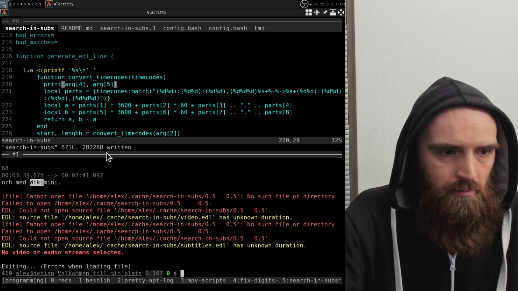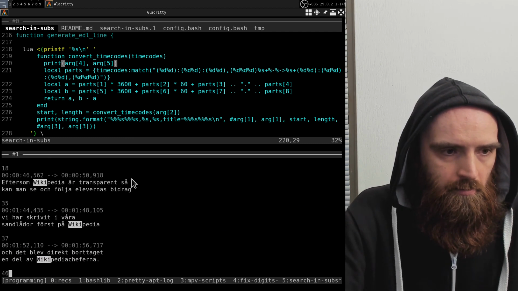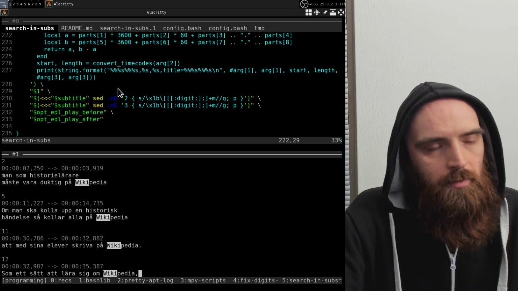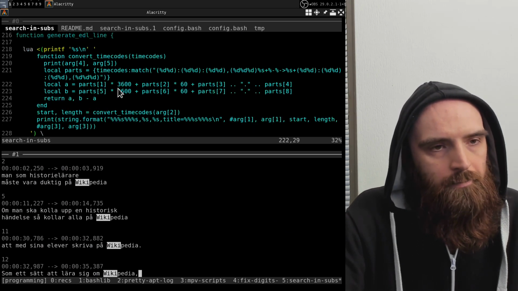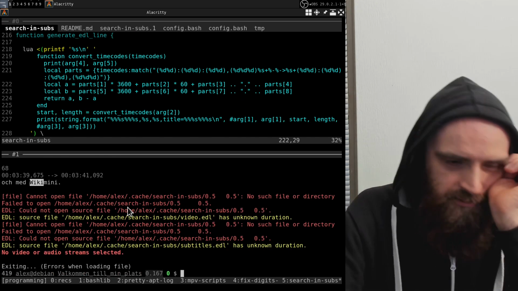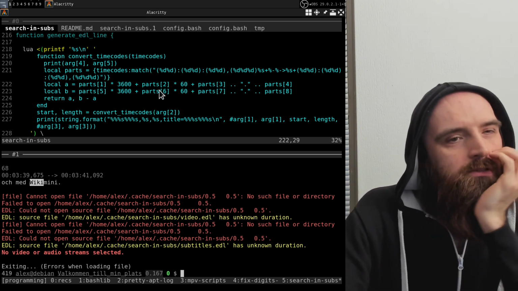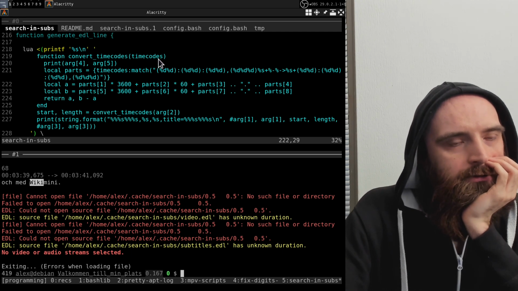Print. Oh, now, okay, but that gets printed into the, like I'm not gonna get any output this way. But okay, so arg4 and arg5 apparently,